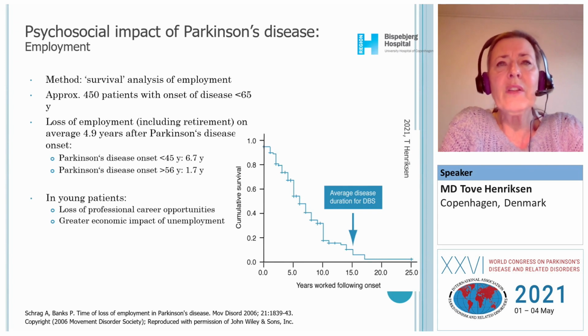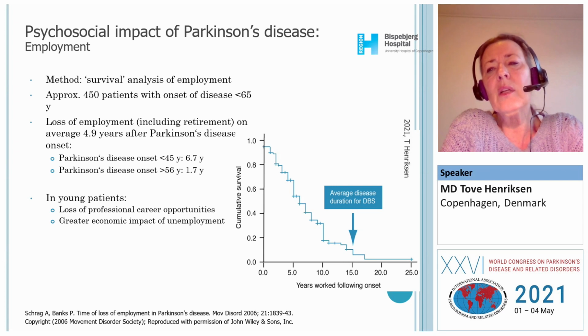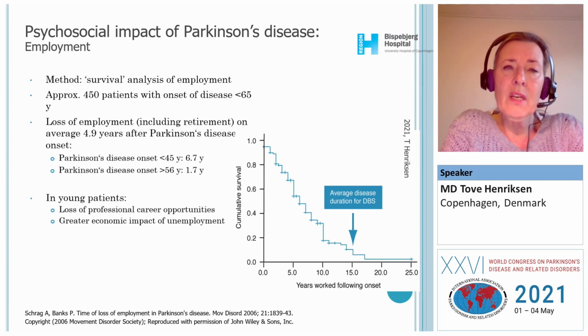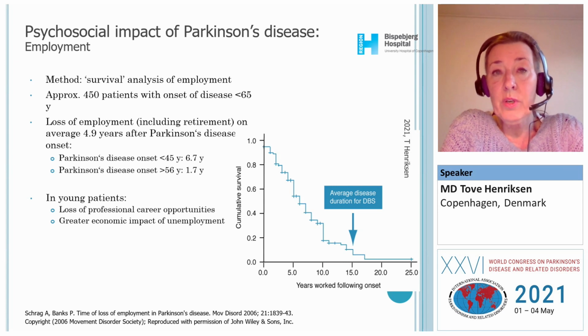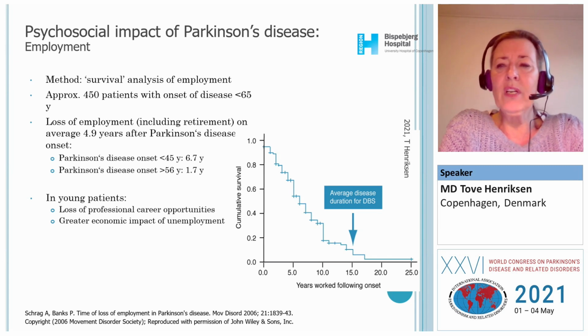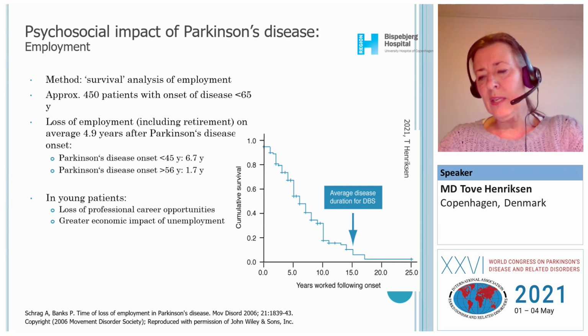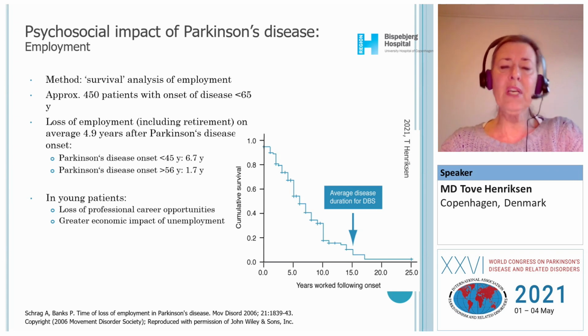To show you why I think this question is relevant, I'd like to share this study from a NETRAX group from 2006. They looked into the Kaplan-Meier curve on surviving in terms of staying on the working market. So patients who were offered advanced therapy, in this case deep brain stimulation, had Parkinson's disease for about 15 years. And at that time point, virtually none of the patients were still working. So based on this, the EARLYSTIM study was introduced, and that gives us courage to operate on patients at an earlier